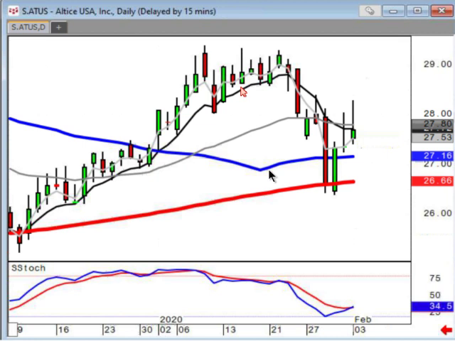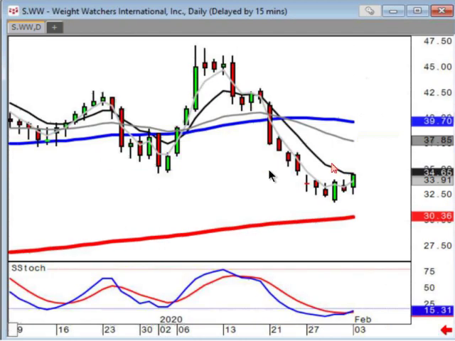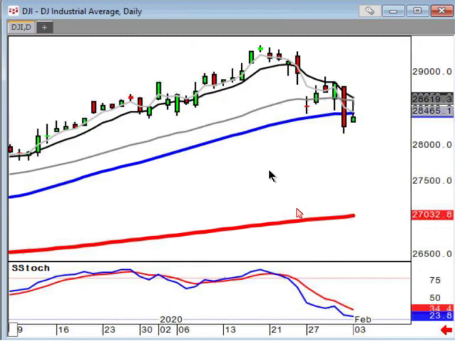ATUS, another one that's having trouble getting up through the T-line. So it still can be bought, though, if it comes back down, if it opens positive, back up into today's trading. And Weight Watchers, get ready to buy this if it opens positive, with the first target being the 50-day moving average. Okay, so if they open this up 110, I'm sure that would mean